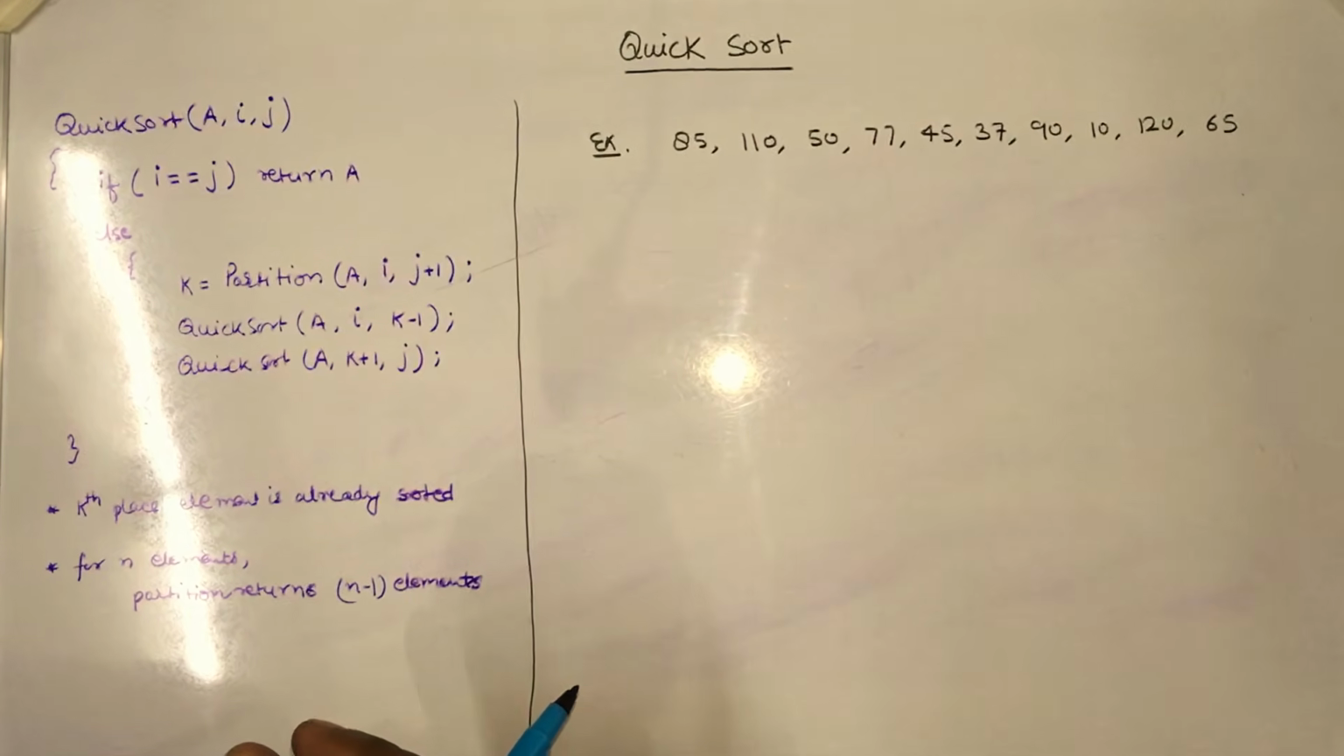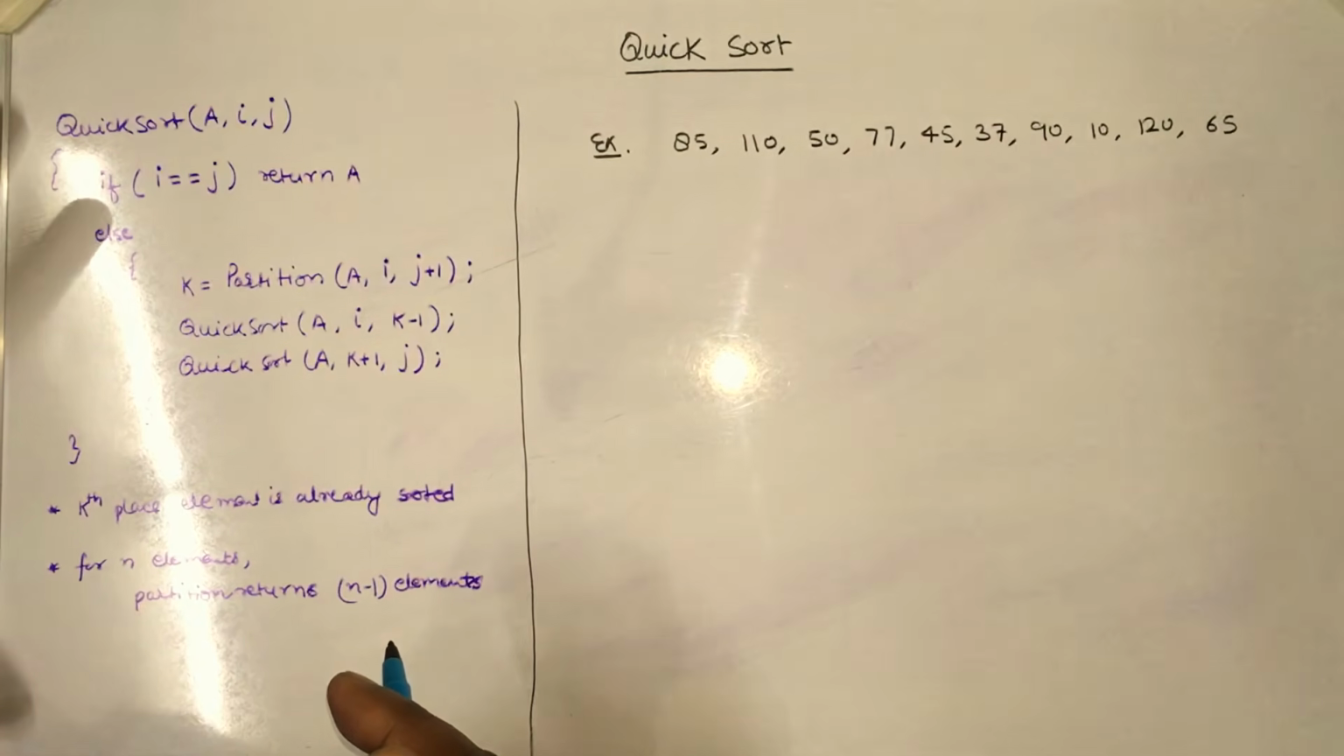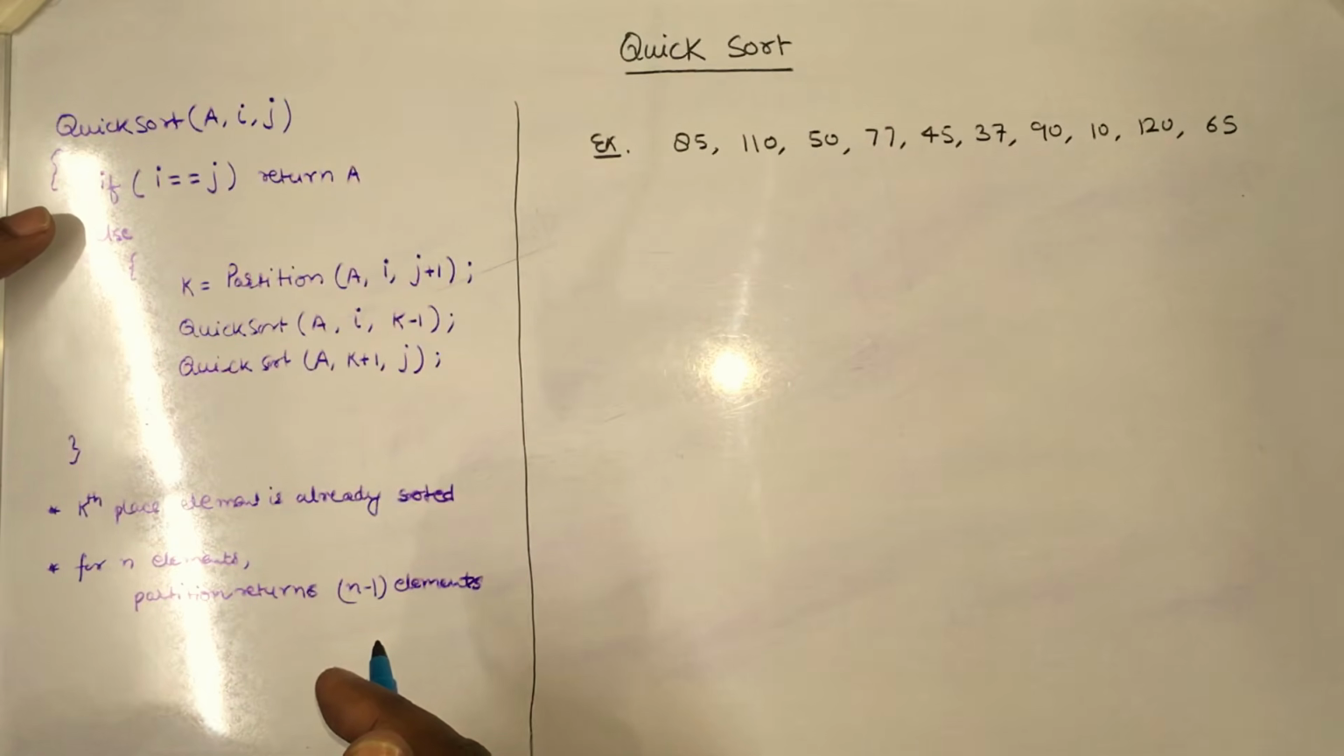Hello guys, in this video we will learn about the quicksort algorithm. Here is the small procedure for the quicksort algorithm. In this procedure, we have passed one array and two indices i and j. i is equal to j when the problem size is small, and if it is not the case, then we